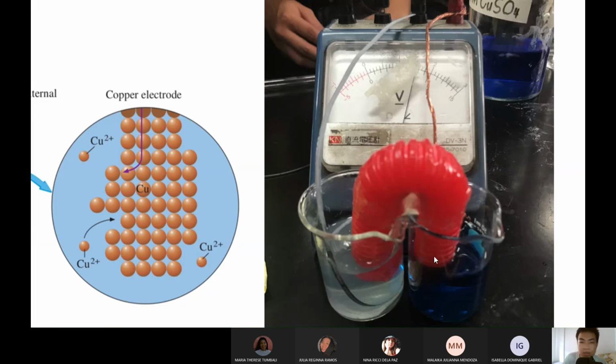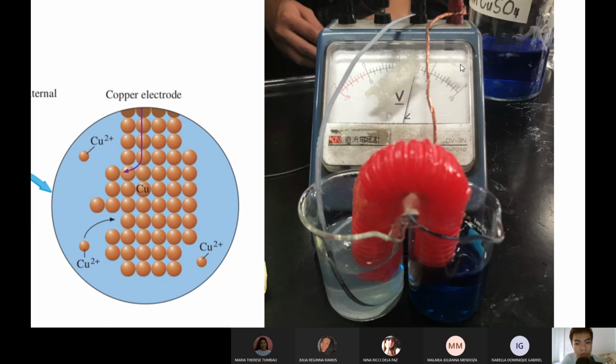And this salt bridge is just used to maintain the ion neutrality. You really just have to put it in, because without this, the cell won't work. Okay? So what happened to us, when we added the salt bridge that maintains the neutrality of molecules here, the voltage reading came out. As you can see, it's not zero. It is 1 point something volts here. That means you can generate electricity.